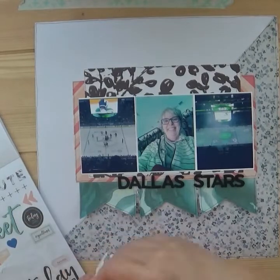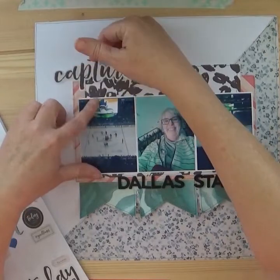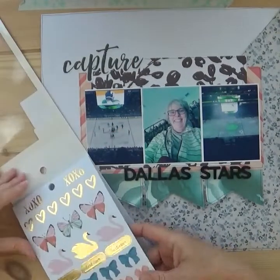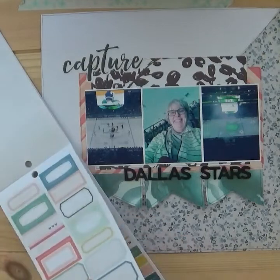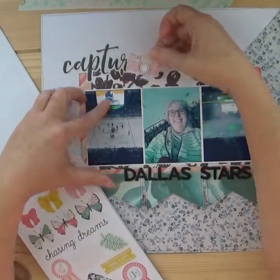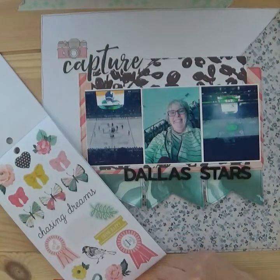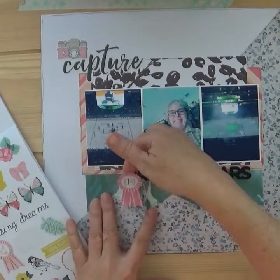So here's the Maggie Holmes sticker book that I got, and because the Chasing Dreams is a Maggie Holmes pad, I knew that I could find something in here. In fact, there's a lot of Chasing Dreams stickers in this sticker book. So this is where the camera is going to go. And that little sticker right there,